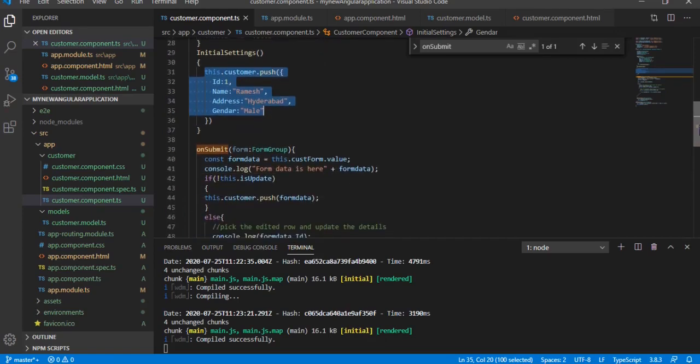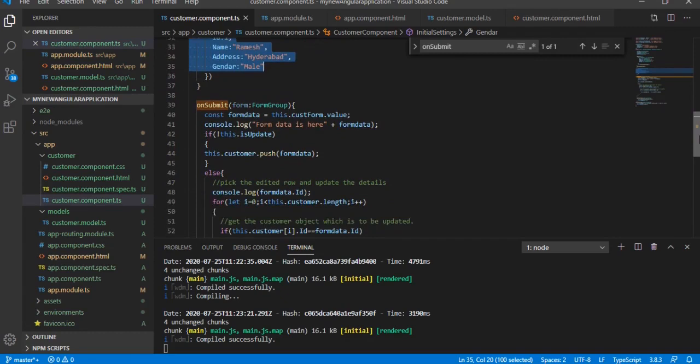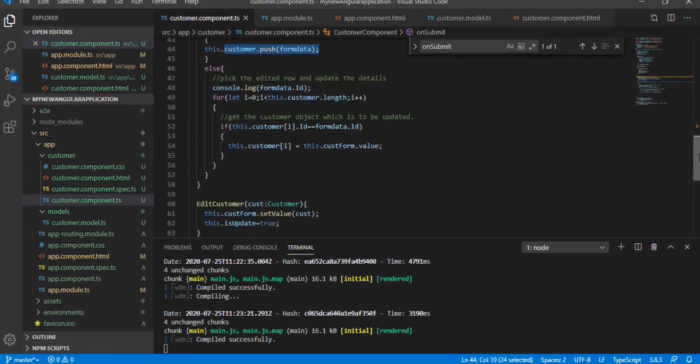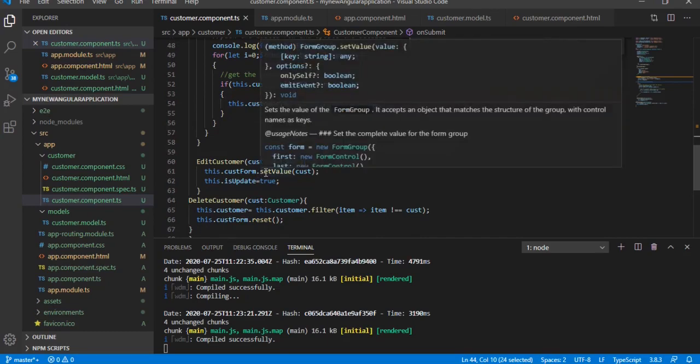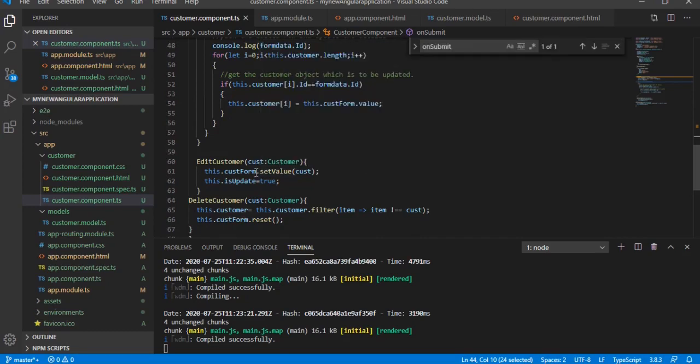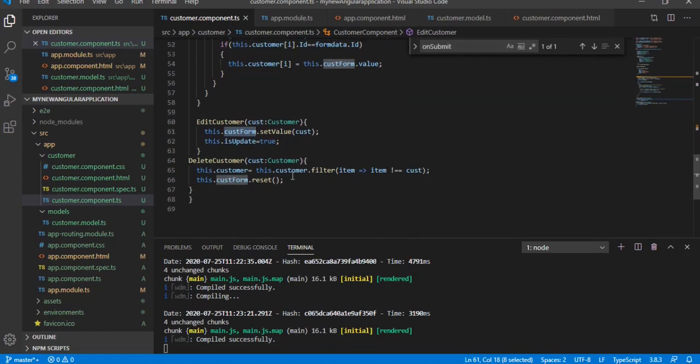And on form submit, we are performing two operations. If the form is in edit mode, this code will execute, and if the form is in insert mode, this code will execute. So I'm handling it in the on submit method. On edit customer, we set the current form data to the customer object, and for delete, I am filtering the information which is not equivalent to the customer.